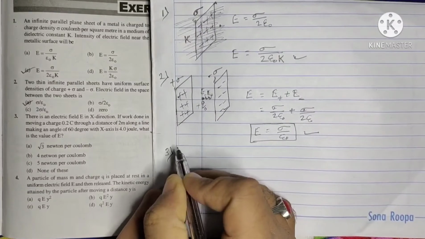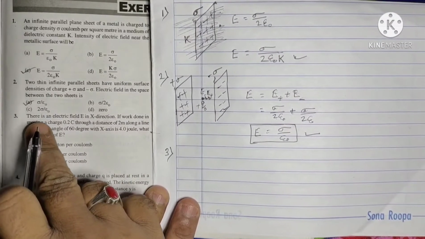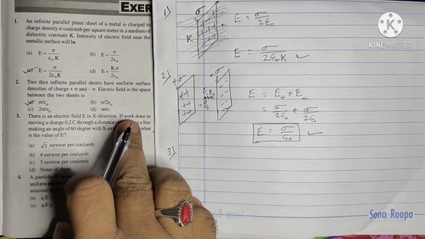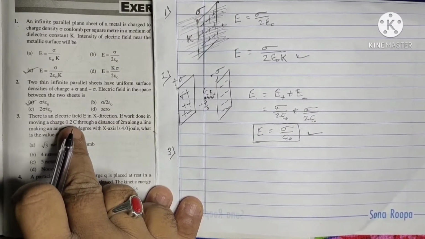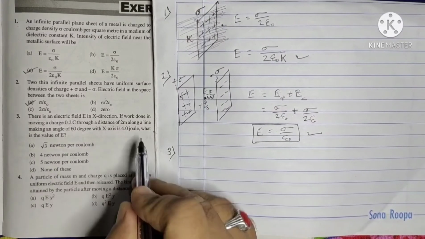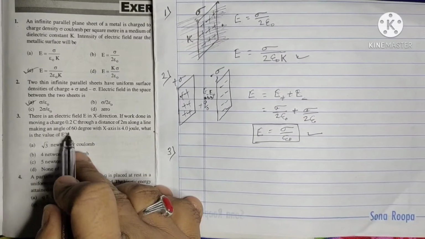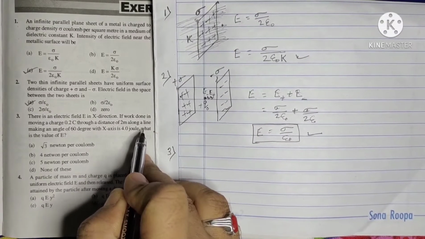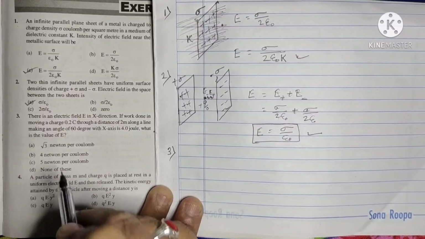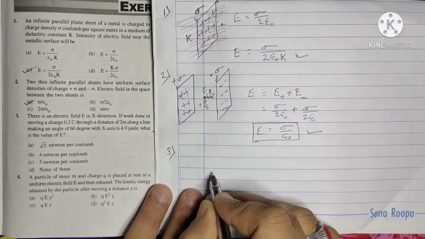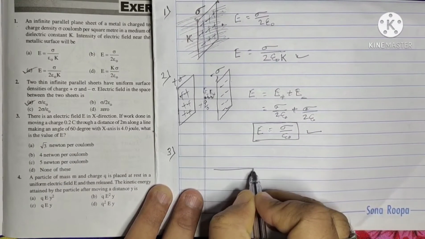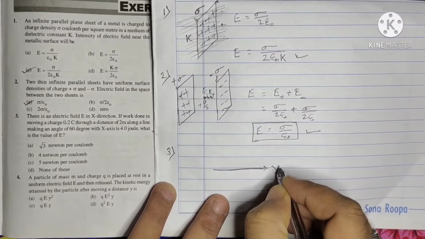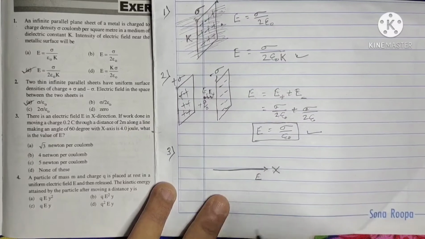Now question number 3. There is an electric field E in x direction. If the work done in moving a charge of 0.2 coulomb through a distance of 2 meter along a line making an angle of 60 degree with the x-axis is 4 joule, then what is the value of E? So he is telling that the electric field is along the x-axis. So this is the x-axis, let us say E is in this direction,